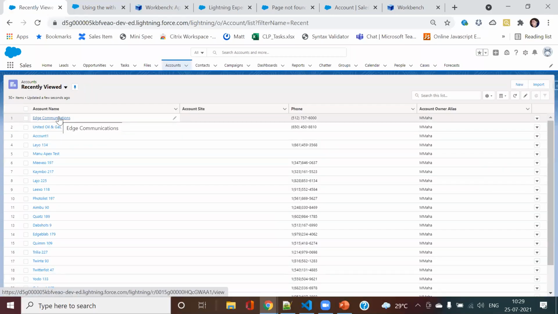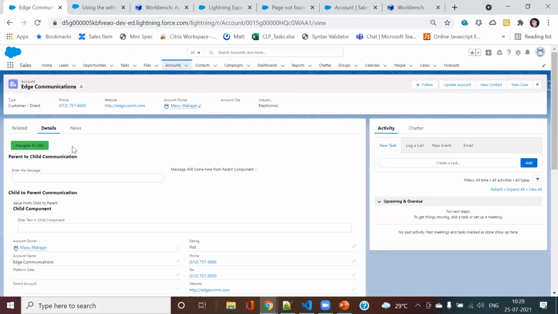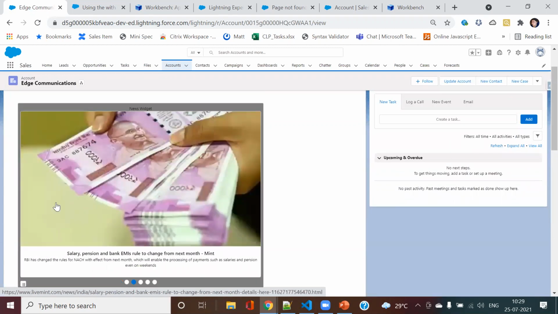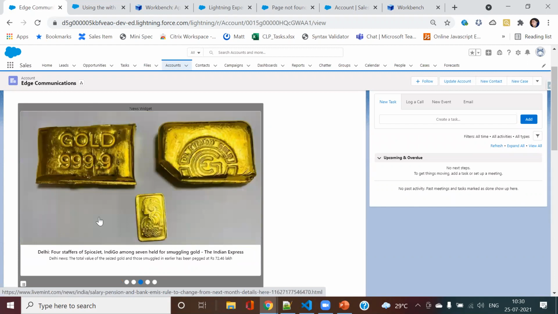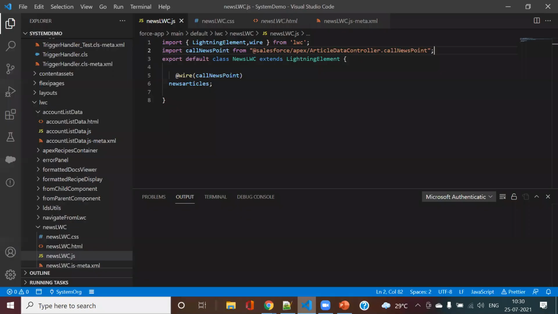Here, if you see, I have this account communication. I've created this Lightning Web component, the news LWC. It fetches news from one website.